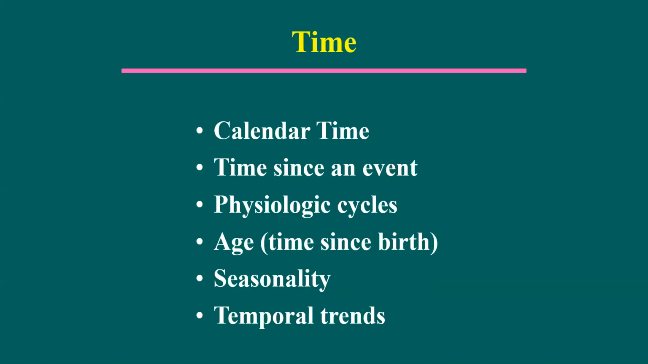Then time, age is the time since birth. Then there are issues of seasonality in terms of seasons. We've got many seasons: summer, autumn, winter, spring. Some of the conditions tend to occur in some seasons as compared to other seasons. Then there's what we call temporal